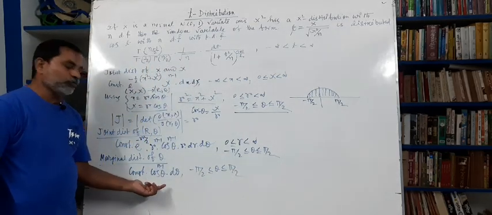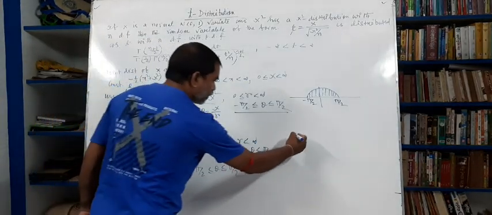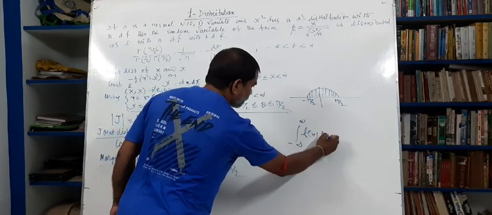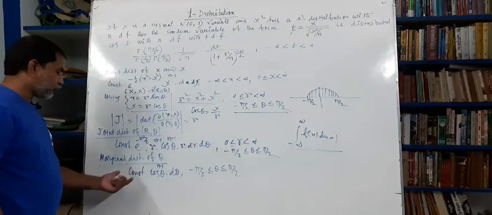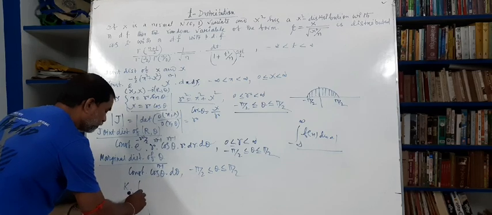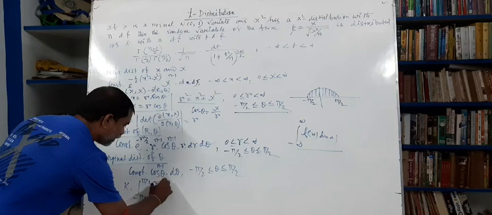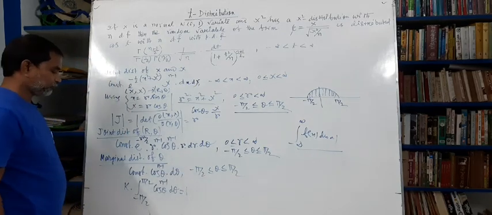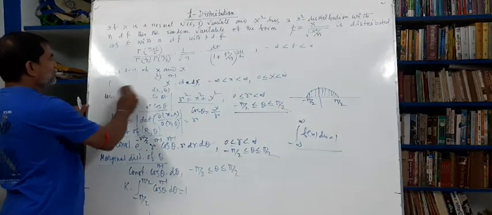As it is the probability density function, and you know for a probability density function, integral from minus infinity to infinity of f(x) dx, if f(x) is a probability density function, is equal to 1. So we find the constant k such that k into the integral from minus pi by 2 to pi by 2 of cos to the power n minus 1 theta d theta is equal to 1. And we deduce this result as